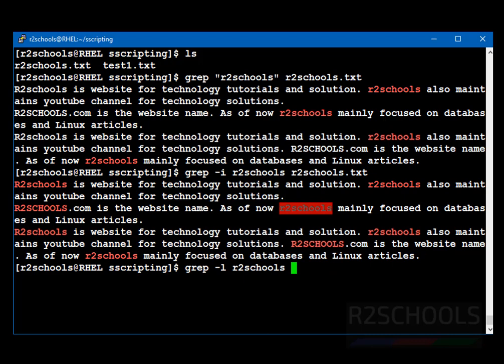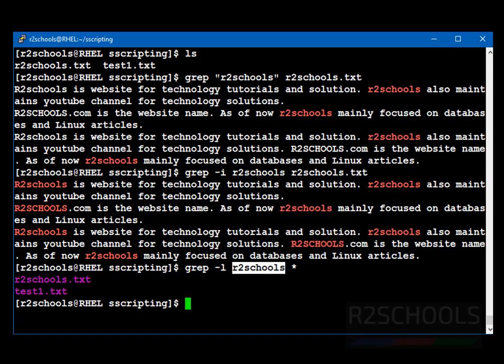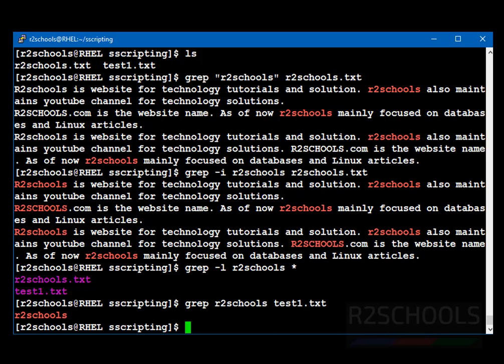I want to check all the files. Press enter. See, r2schools is contained in these two files. Let's check whether this r2schools is present in this file also, because the above one we have already checked. Grep r2schools, then test1.txt. See, that word is there.